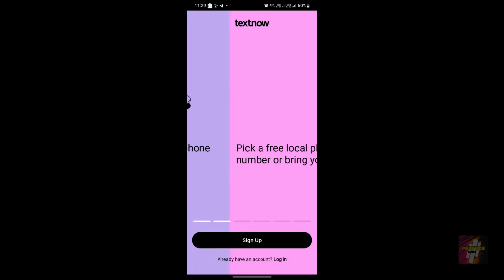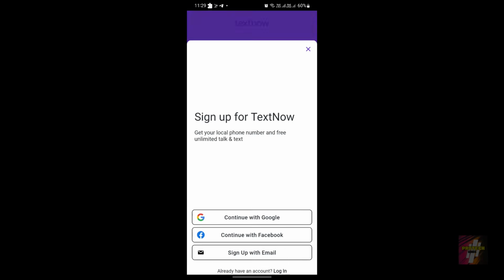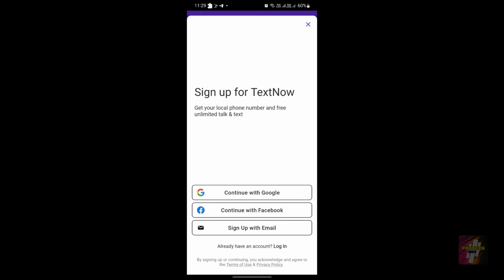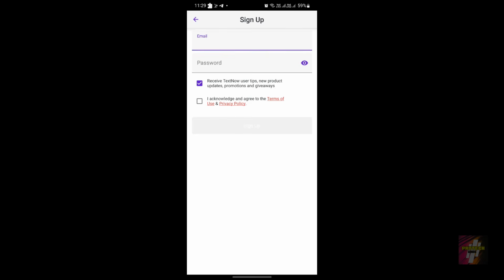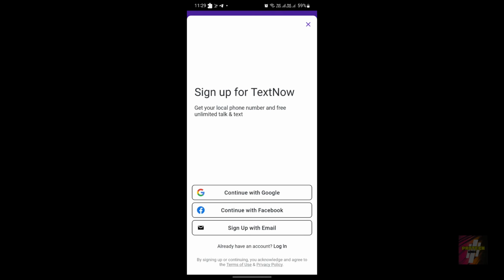This is how you would get your page, folks. If you click sign up, you would be prompted with this page. That is continue with Google, continue with Facebook, sign up with email. So guys, actually signing up with email has very less chance of succeeding, as we don't know which VPN is good and which is bad. So we could just press on either continue with Google or continue with Facebook buttons. So you would have a more chance of successfully creating an account.